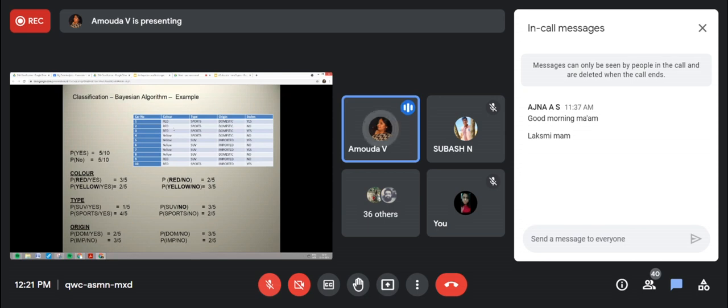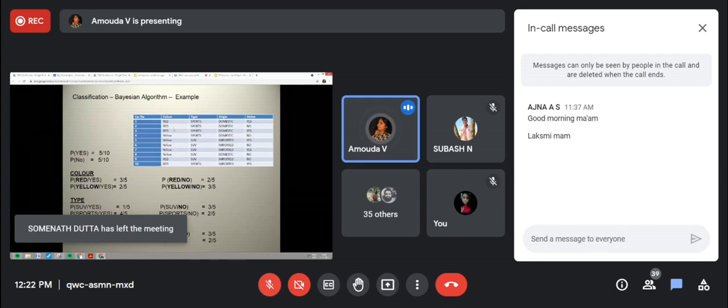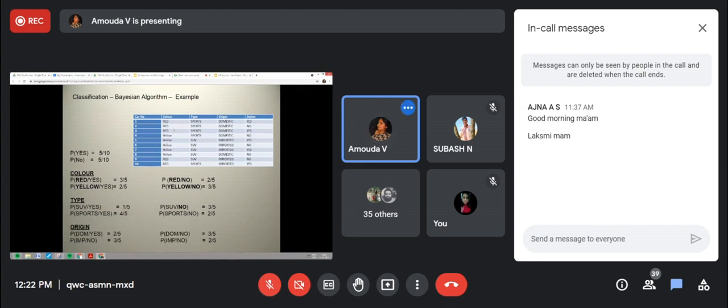So that's all about the classification. We just introduced what classification is and how the algorithm works, and one technique, the decision tree, is introduced to you for classification.